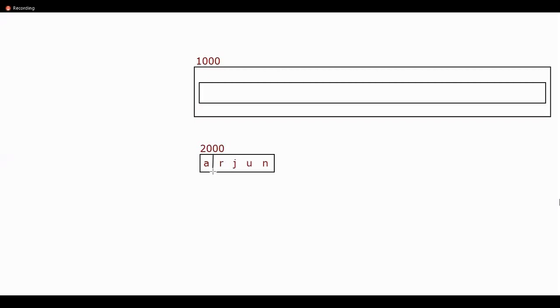So maybe these are separate locations, because even strings happen to be one of the ordered data types in Python. Of course, it will have the positive indexes, it will also have the negative indexes, all those extra attachments. Maybe while copying you can do it, but as of now I'm just interested in representing the memory map for Arjun as a string.